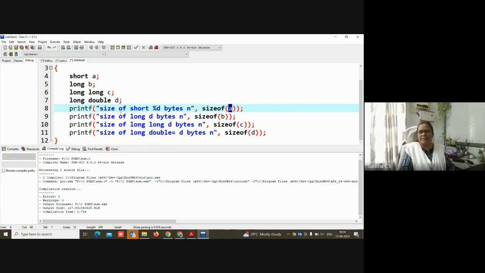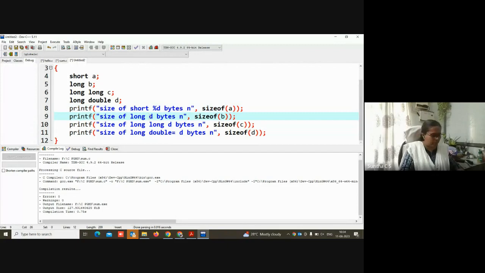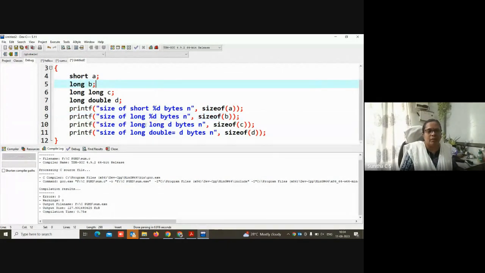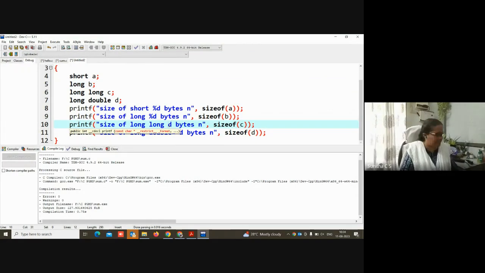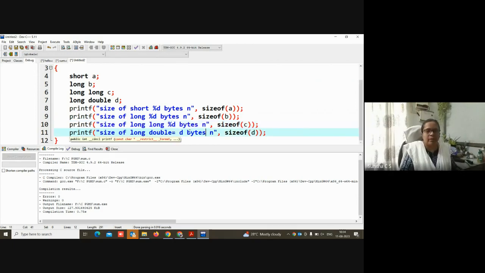I'm printing the size of short data type and the size of long data type in bytes. Percentage is required, so percentage d and sizeof long. Long is also percentage d because these are all integers. And the last one is also percentage d.